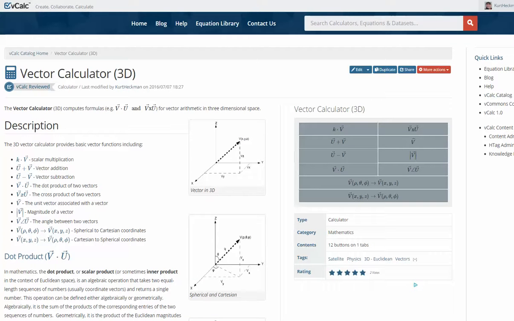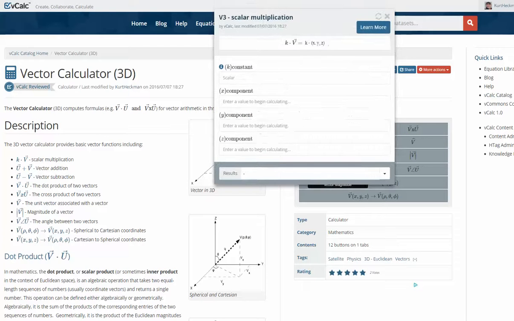This is a quick little instructional video on how to use VCalc's vector calculator in 3 dimensions. It's got all the basic standard vector calculating components in 3 dimensions, including scalar multiplication. You can either click on one of the buttons over here and the window will pop down, in which